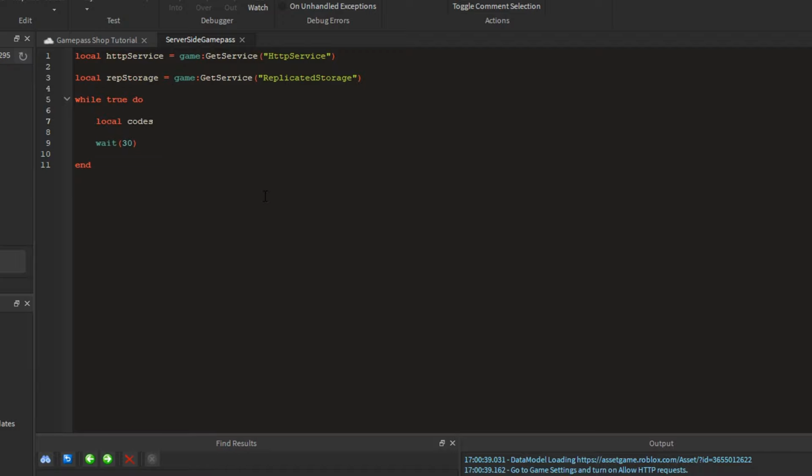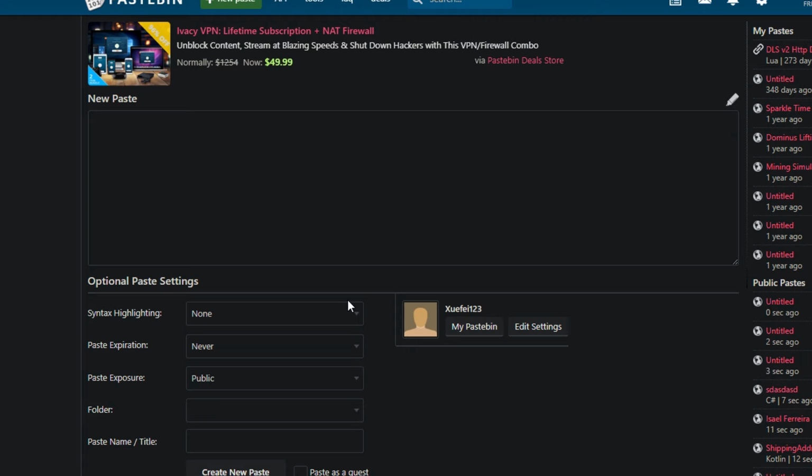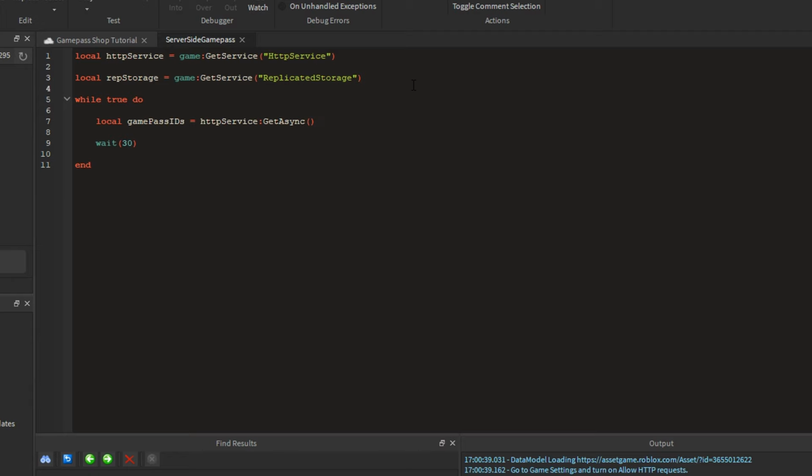Local game pass IDs is equal to HTTP service get async. And then what you want to do is in here, first you'll want to create this local game pass IDs,